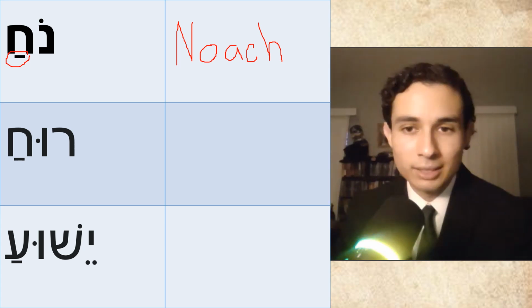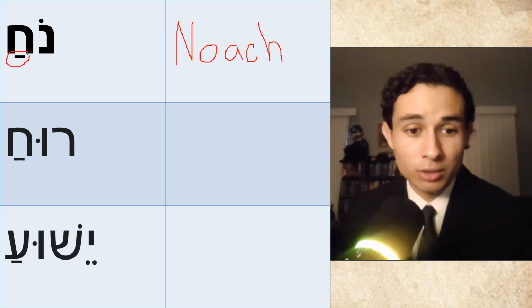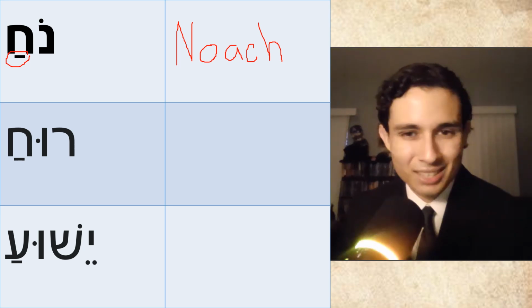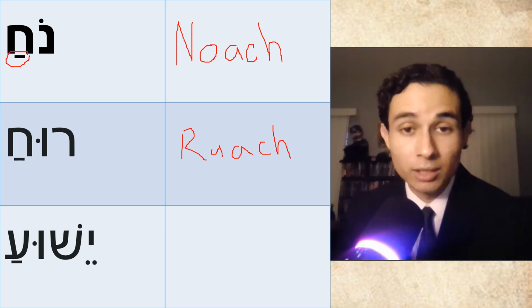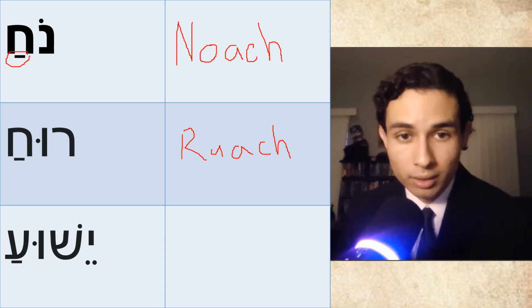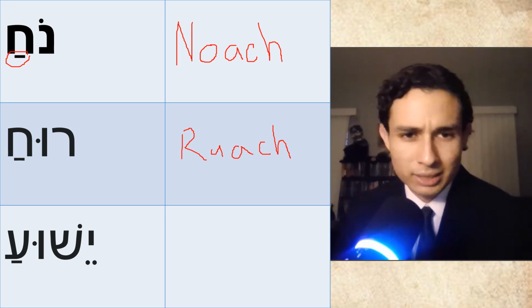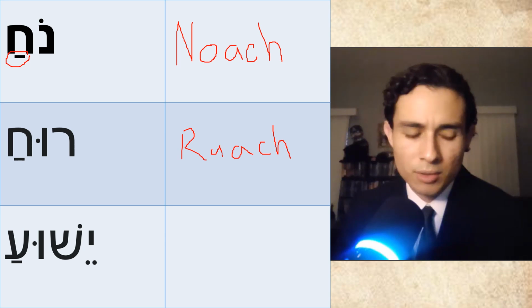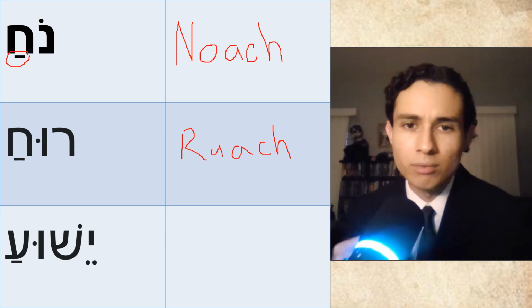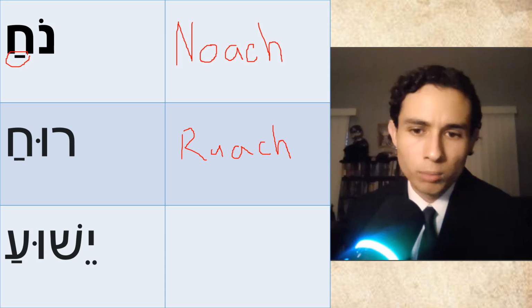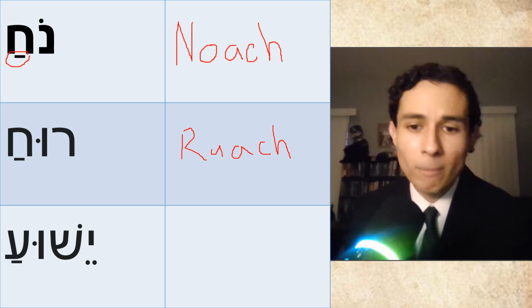And the second example, if you read that incorrectly, it looks like rucha, but it's not rucha. You know the rule. Resh, shuruk, and now we know that it's reversed. The patach, then the consonant. That says ruach, which is translated as spirit or wind. And the last example I wanted to show you here is that the patach genuva, the stolen patach, is most notable when the patach is under the chet or the mapik.